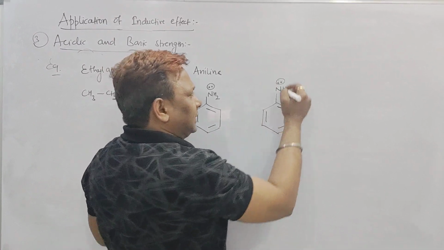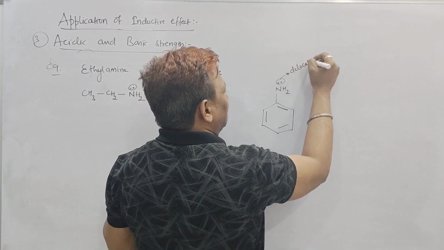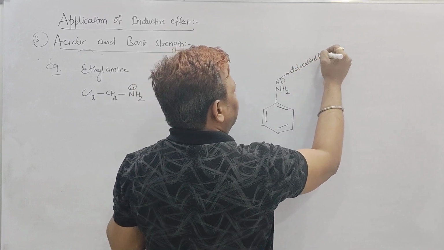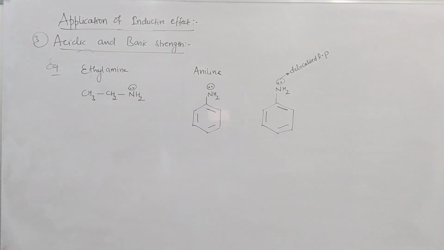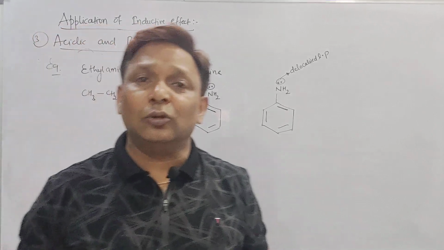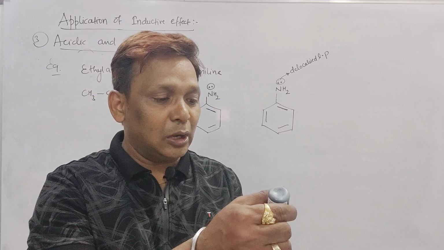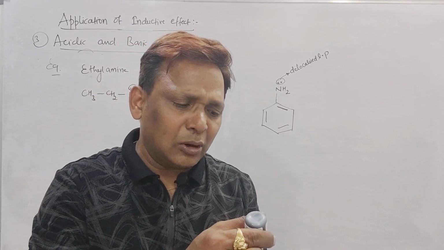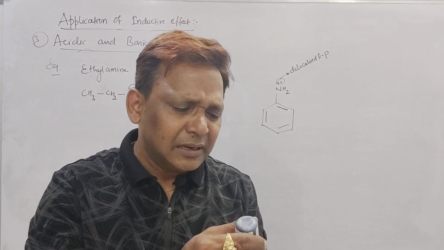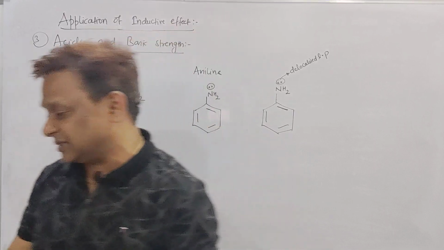But a lone pair which is under conjugation is called a delocalized lone pair. It is called a what, beta? It is called a delocalized lone pair. But what is meant by a delocalized lone pair? The lone pair which is in conjugation with the benzene ring, or with an unpaired electron or with a charge, anything. When anything is in conjugation, that is called delocalization.